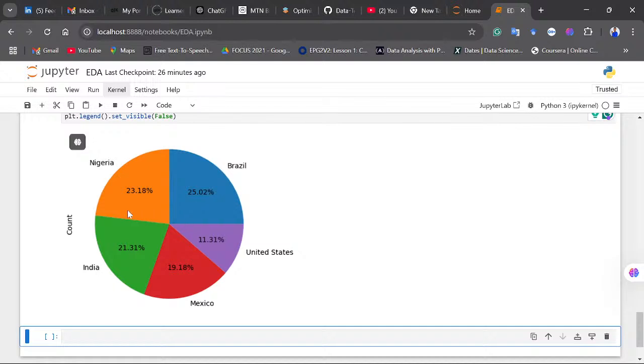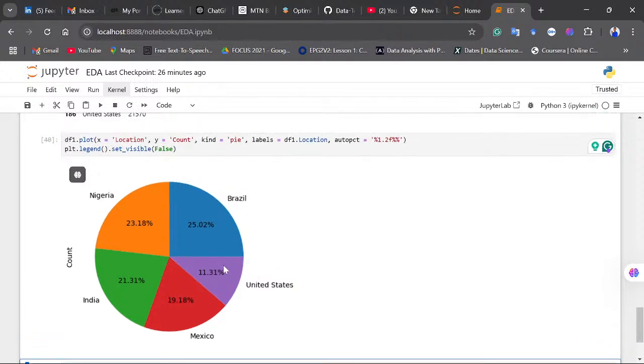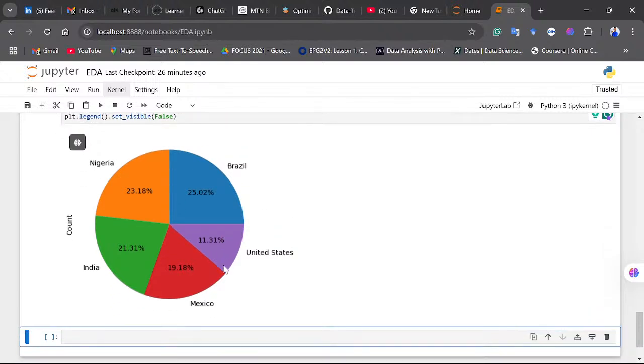Okay, and then now followed by Nigeria, India, and then we have Mexico and United States. So this is what we are seeing. Okay, but we are not done yet. We need to explore the data further. The next thing that we can look at is maybe